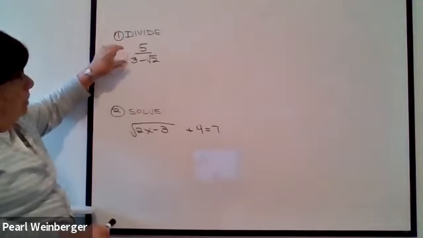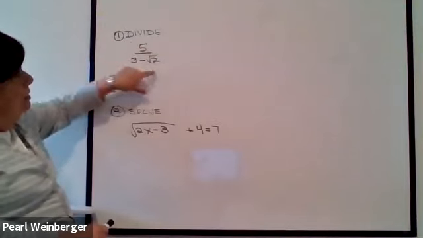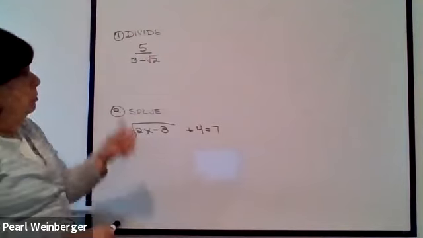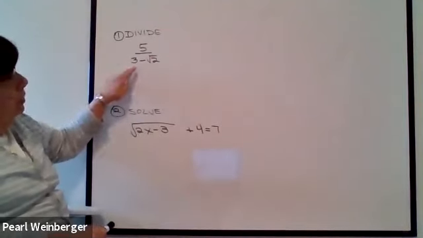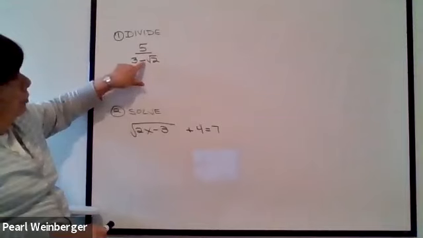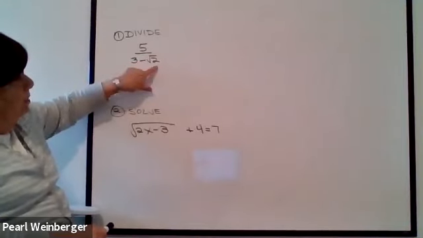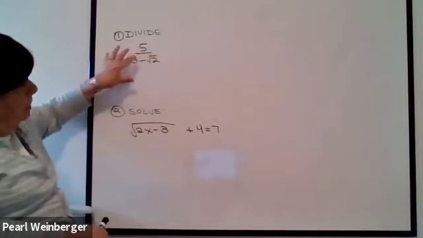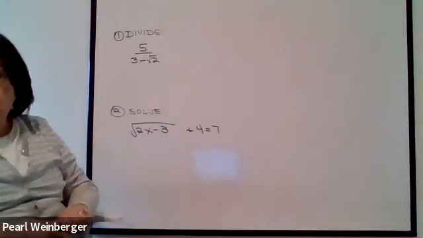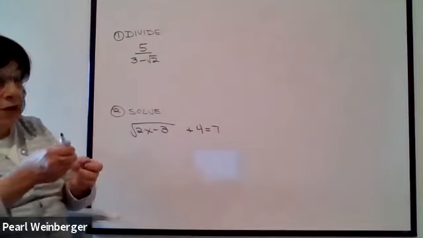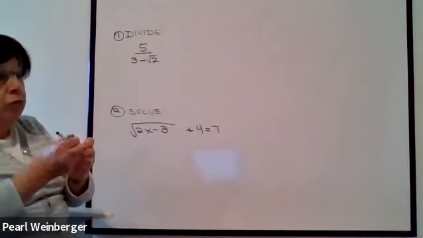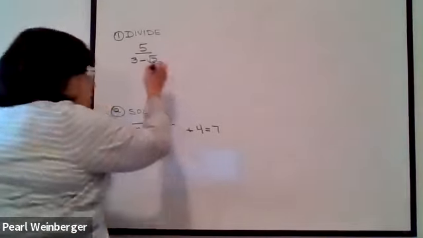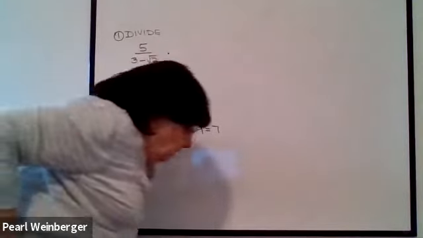And you look at it in two ways. You first decide, is the denominator one term, a monomial, or is it two terms? Is it a binomial? And obviously this is a binomial because between the two expressions we see a sign. If it's a plus or a minus sign, it makes it a binomial. And when it's a binomial, in order to rationalize the denominator, we have to multiply by what's called the conjugate of the binomial, which means that we're going to multiply